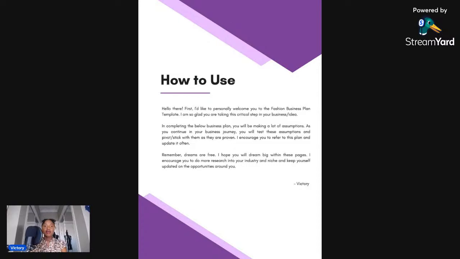So first of all, I want to welcome you to this template because I really took my time with it. I'm so excited to share it with you all. This is definitely a critical step in mapping out your idea for your brand, just putting your thoughts, your plans, your vision to paper, because there's something about writing things down, typing things out and getting them from here onto a different platform, whether that's paper, your computer, your phone, your tablet, your iPad. I don't know what else is out there that people use to take notes. So I'm really excited that you're doing that.